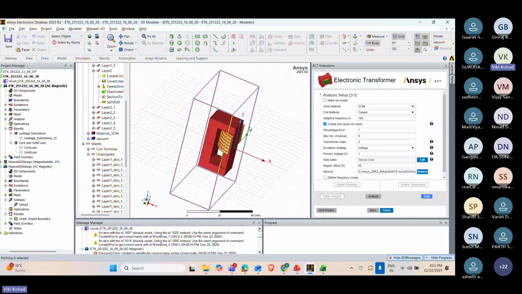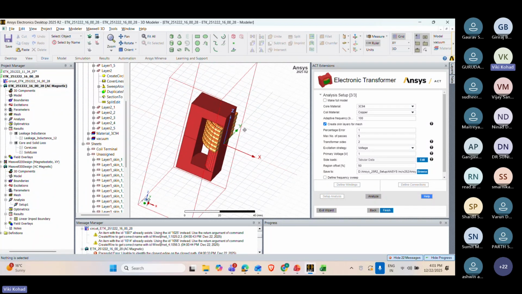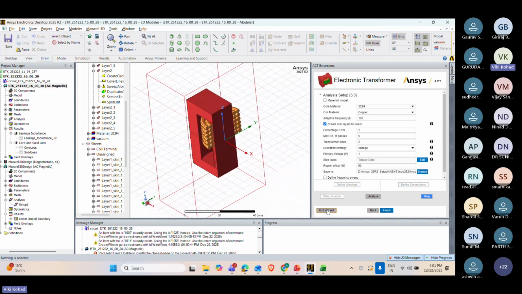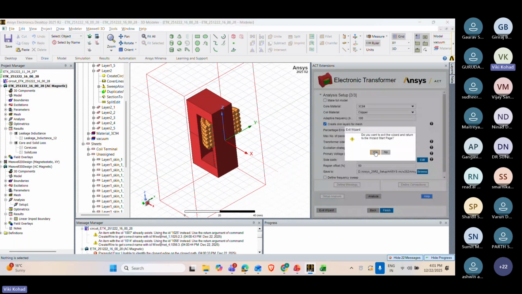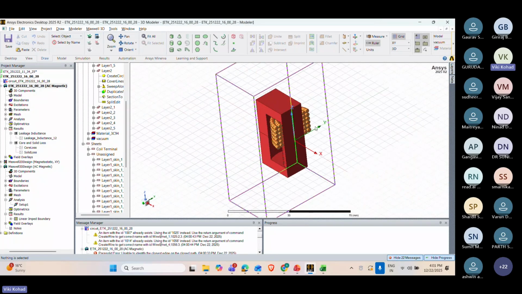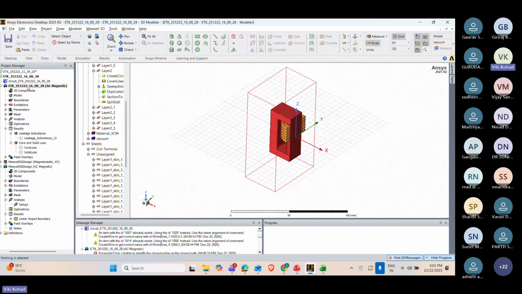Okay, the symmetrical model. If we click on this full model, the full model is generated here. Okay, now the symmetrical model is getting generated here. Now just go to exit wizard and just exit this page right now. And now you can see this ETK2511. This model is created. Okay, you can see the design is already there, the complete design of the